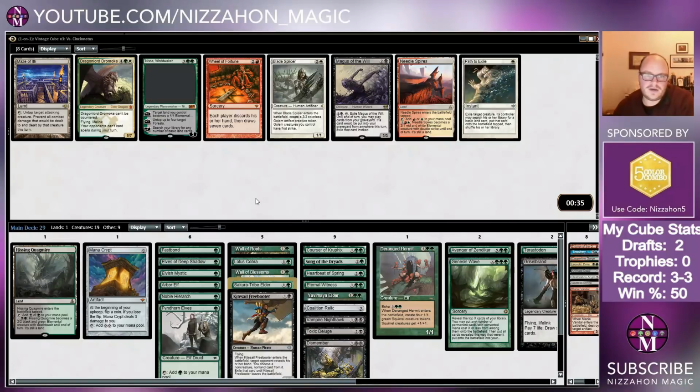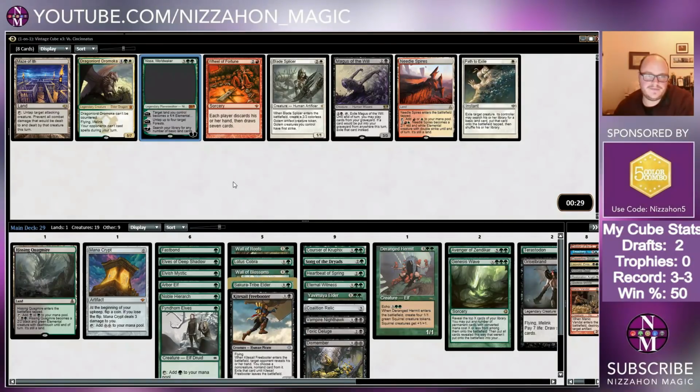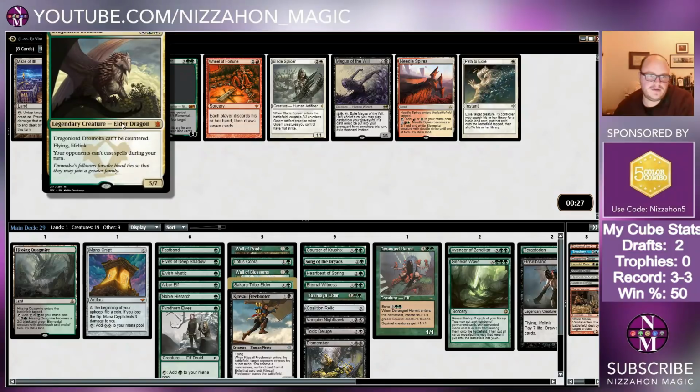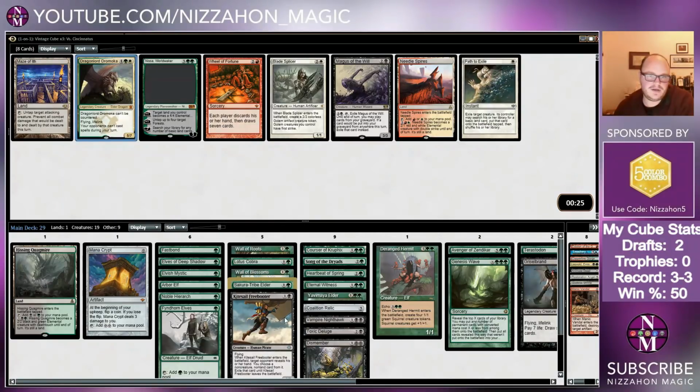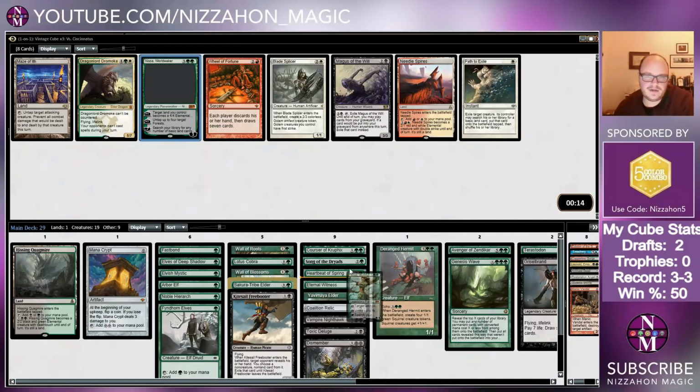Nissa World Waker, Path to Exile. So you do ramp. And I could splash you between Coalition Relic and Noble Hierarch. Maybe I just take Nissa though. She ramps pretty hard into big scary things, so yeah, let's...